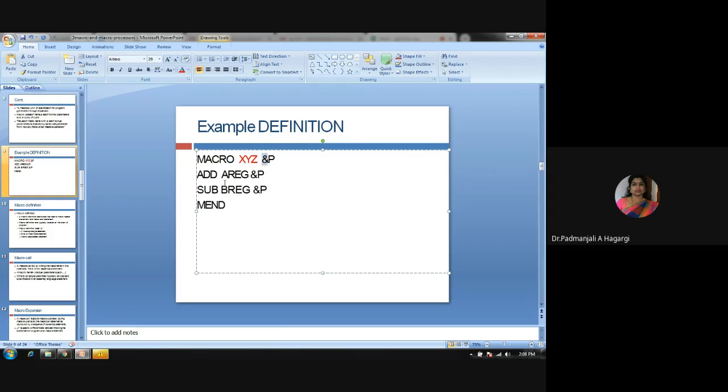It is adding to the content of the register. Here it is subtracting 2 from the content of register B, and here it is adding 2 to the content of register A. Whatever the actual parameter is, whatever the formal parameter is getting, a value is being passed to these parameters. So this is called parameter passing.